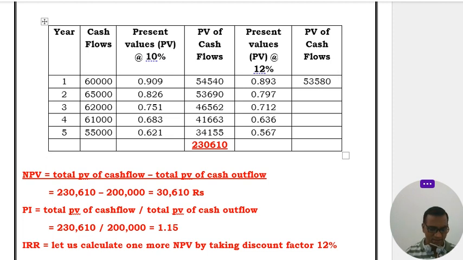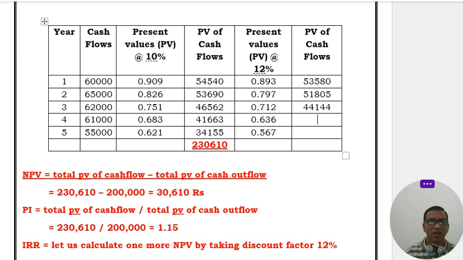Next, second year, 65,000 multiplied by 0.797 equals 51,805. And third year, 62,000 multiplied by 0.712